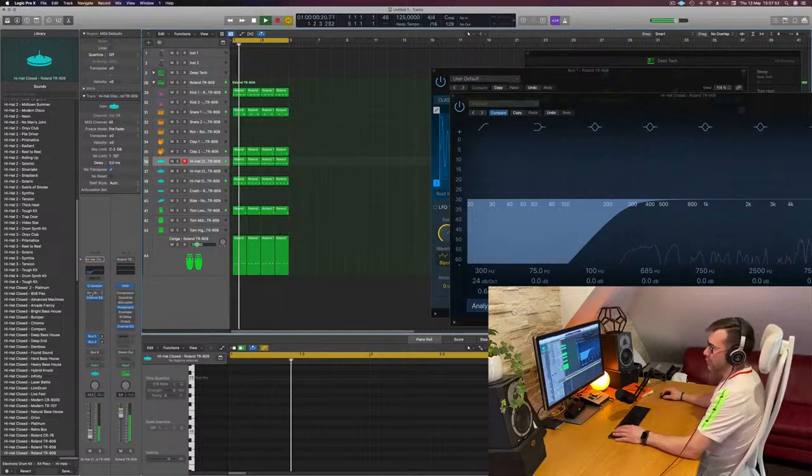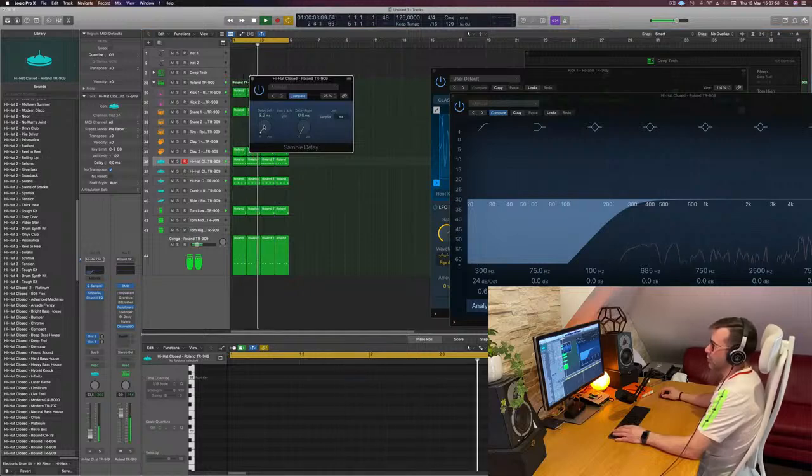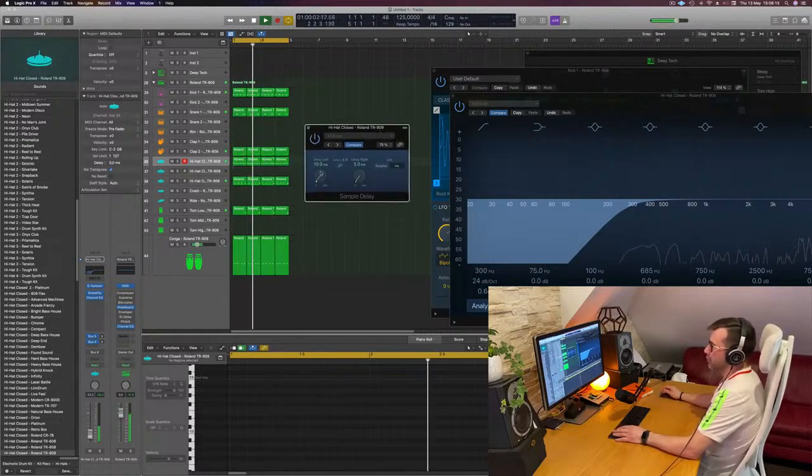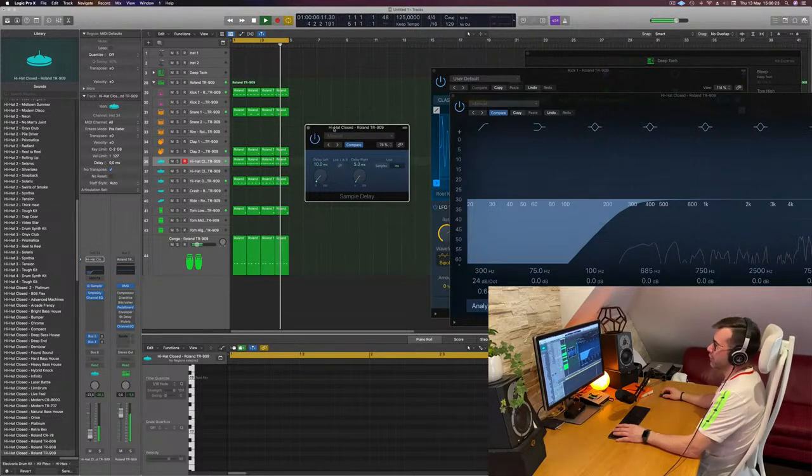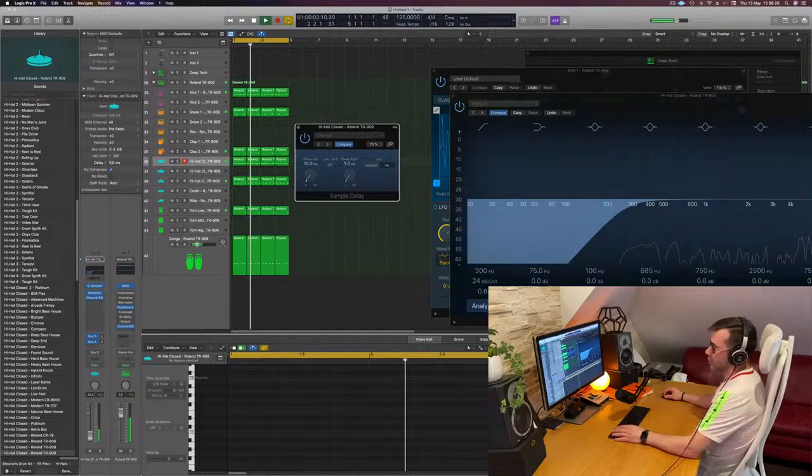So what I'm going to do with this, I'm going to do a sample delay. I'm going to do 10 milliseconds on the left. I'm going to do 20 milliseconds on the right. Maybe that's actually a little bit much, so I'm going to do 5 and 10. So without, it's very centered, very narrow in the middle. With, it spaces it out completely in the mix. Now to mix it, I'm gonna play with the